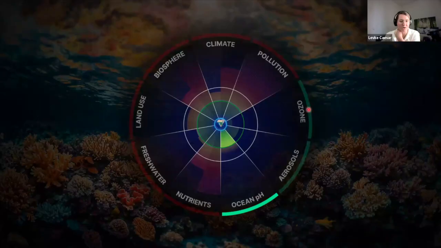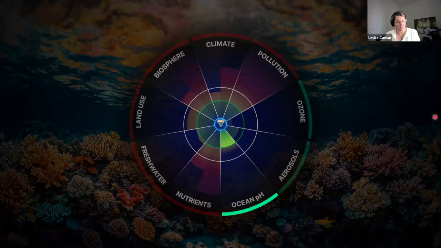Then the last boundary that I want to talk about in detail is the ocean acidification boundary. I already mentioned that we are basically on the verge of transgressing this. This boundary is very directly linked to the climate change boundary because it's a direct consequence of rising atmospheric CO2. I already mentioned that the ocean takes up a lot of the excess CO2 that the humans put into the atmosphere, namely about 25%. The other 25% is taken up by the land system.